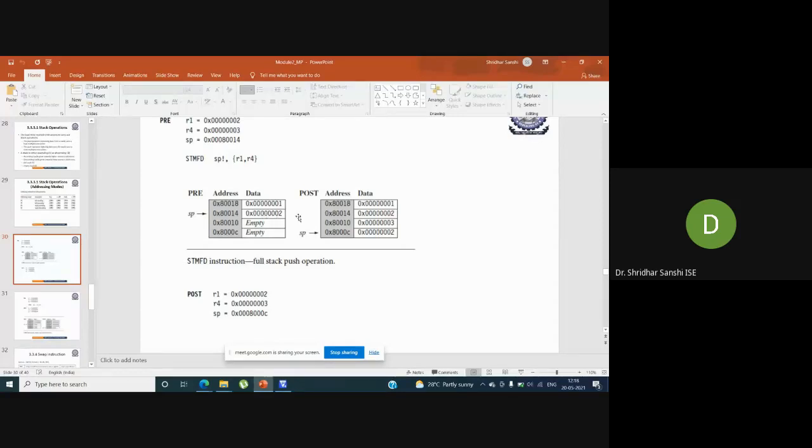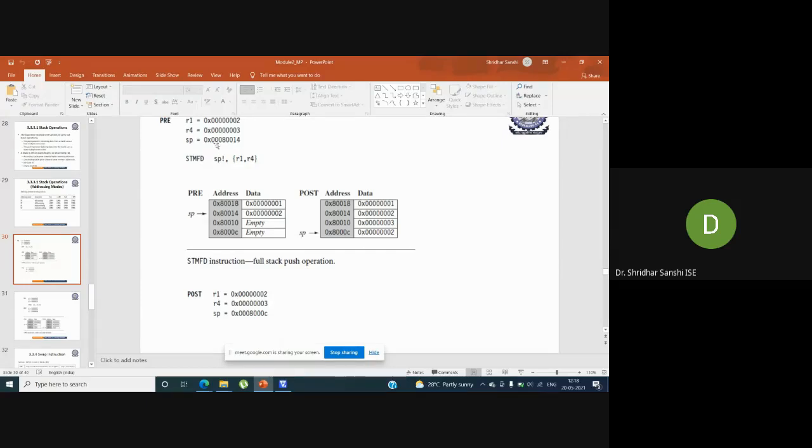Before using this register, that is the address, I should decrement. So now we have 80014. Since it is descending, the next address will be 4 less than this value. That's what we mean by descending memory.